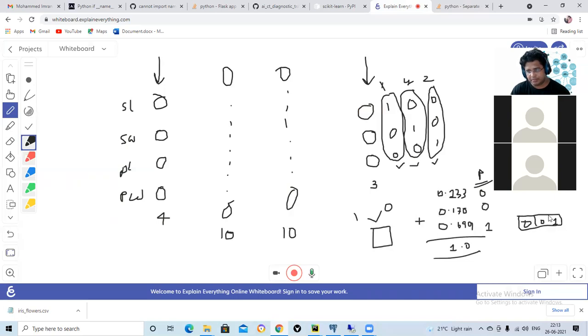If the actual vector is 1, 0, 0, that means there is an error. How much is the error? This much subtracted by this much, whole square, if I was using least sum of squares. But I'm not using that, I'm using categorical cross entropy. There is a different math for that, but you get the idea.